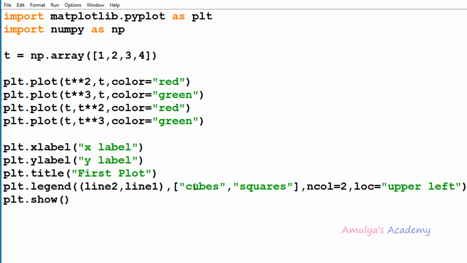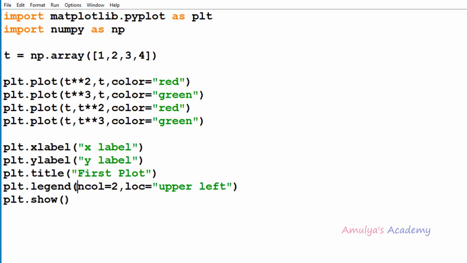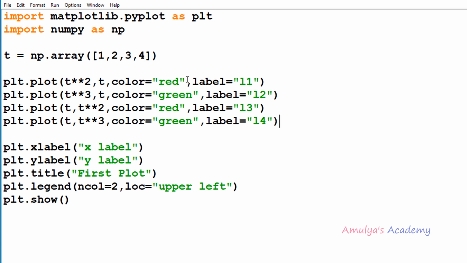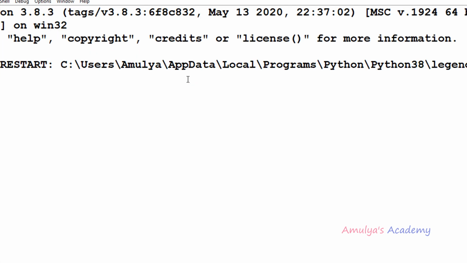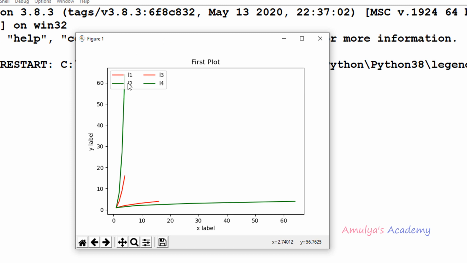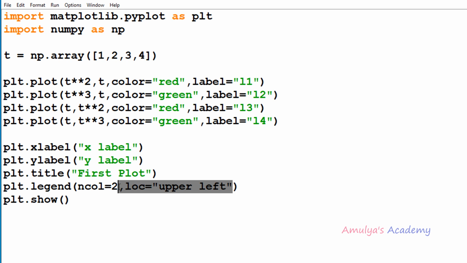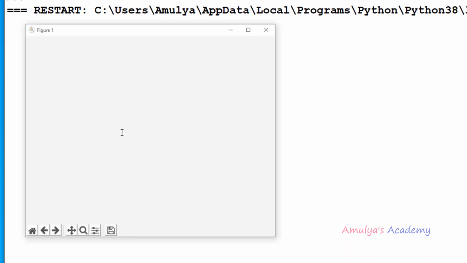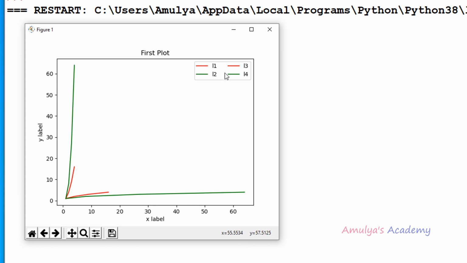And here I need to take label. I'll call the legend function without handle and label. So here I'll take label. I'll take some random name. Alright, so now if I execute this, here we can see the 2 columns, right? If I didn't take loc, it will place it in the best position. And here we can see 2 columns.